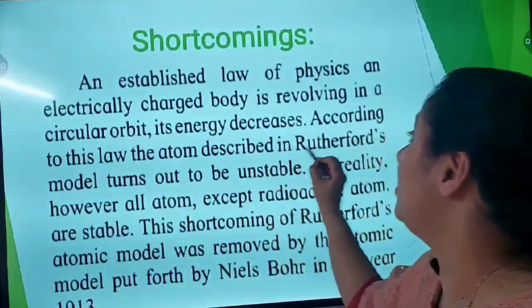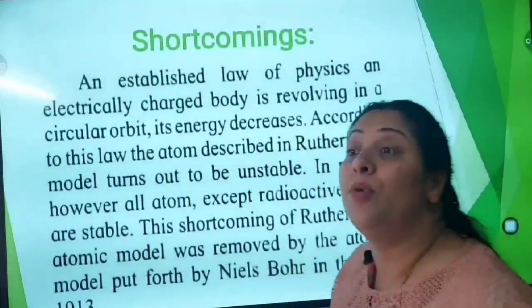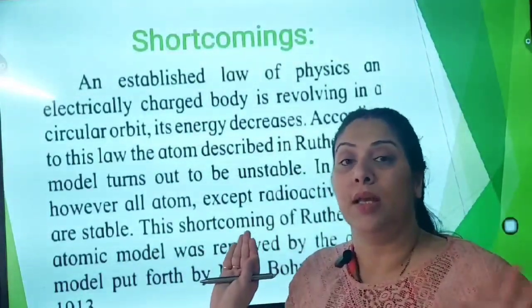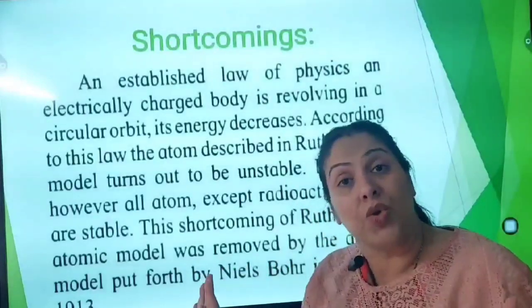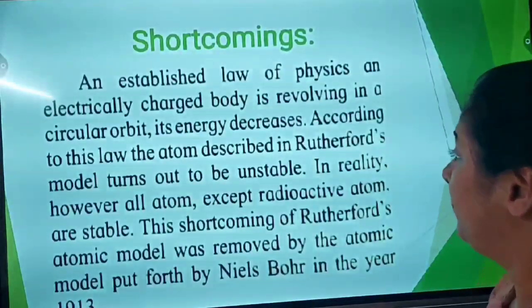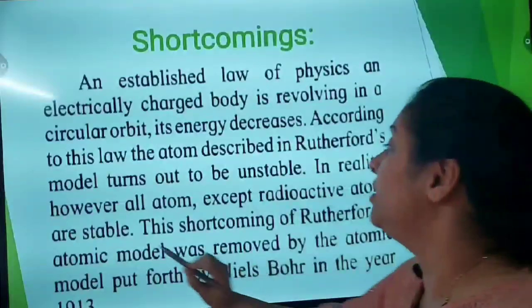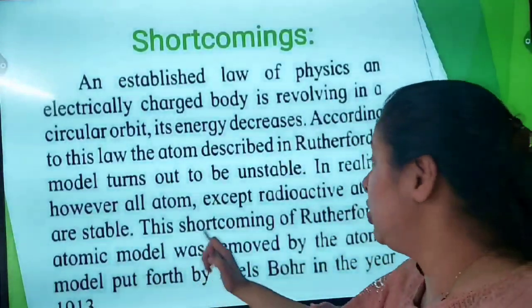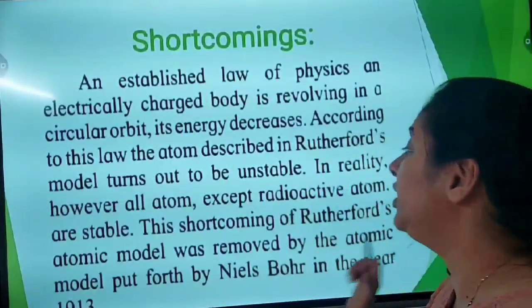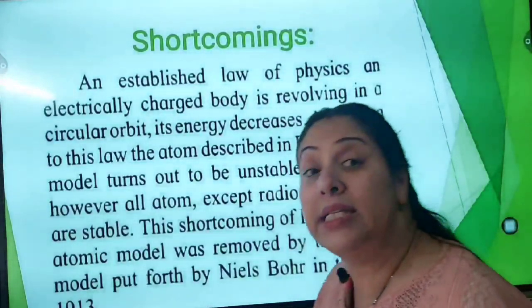According to this law, the atom described in Rutherford's model turns out to be unstable. तो energy कम होती जा रही है तो खत्म भी होगी. कुछ पता नहीं, he just said it's decreasing. उसके बाद क्या खत्म हो जाती है, जीरो हो जाती है, कुछ पता नहीं. तो उसकी theory short पड़ गई. In reality, however, all atoms except radioactive atoms are stable. This shortcoming of Rutherford's atomic model was removed by the atomic model put forth by Niels Bohr in the year